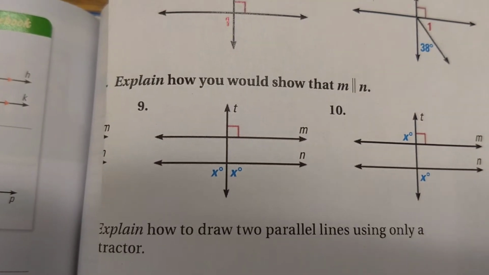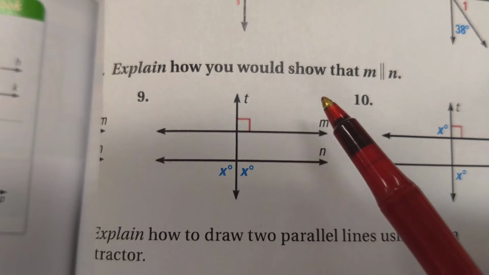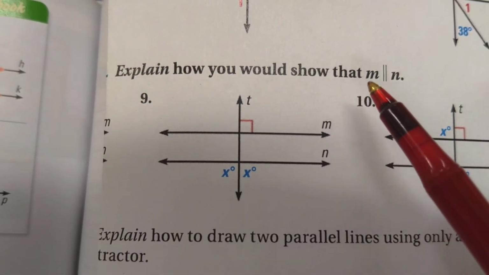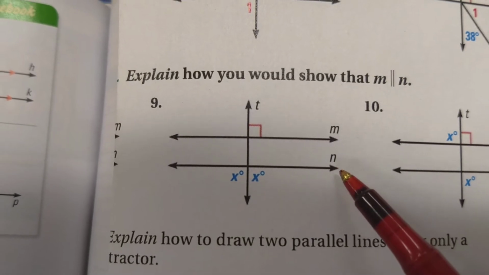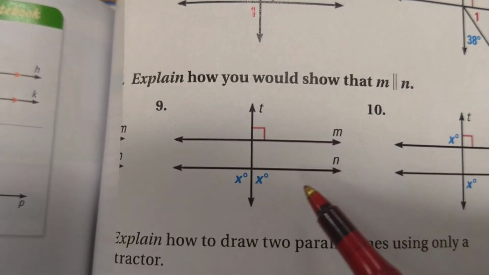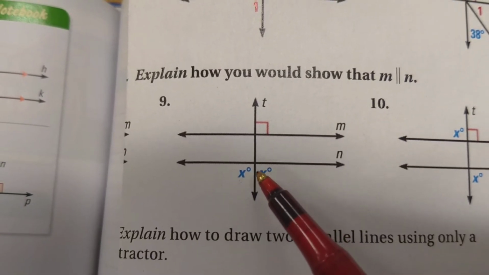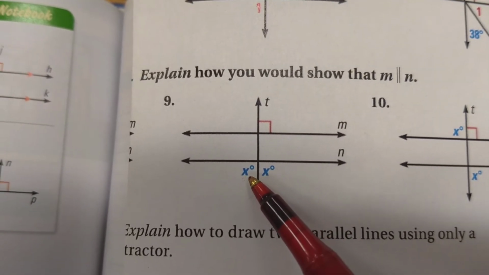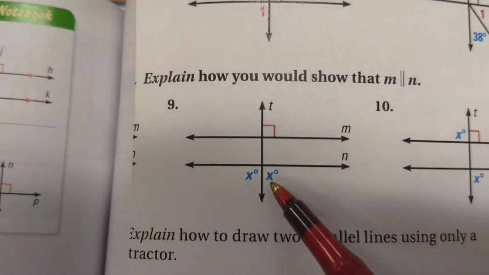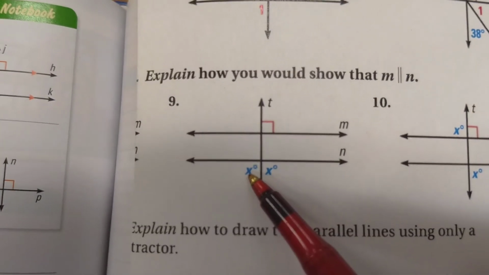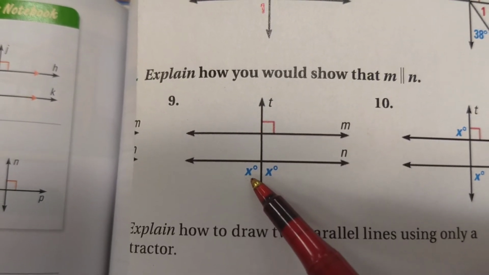Here in number 9, we're going to take a look at this diagram and explain how we can show and explain why M and N have to be parallel with each other. And the first thing that you notice is that these two angles down here are the same degree measure. Well, since those lines are a linear pair, and the two angles within that linear pair are both equal, this